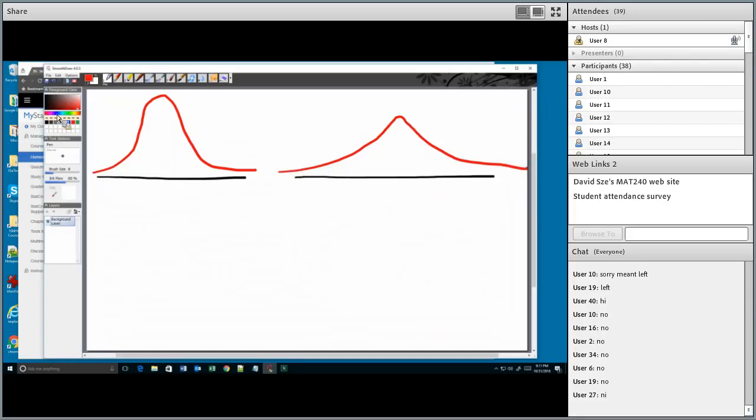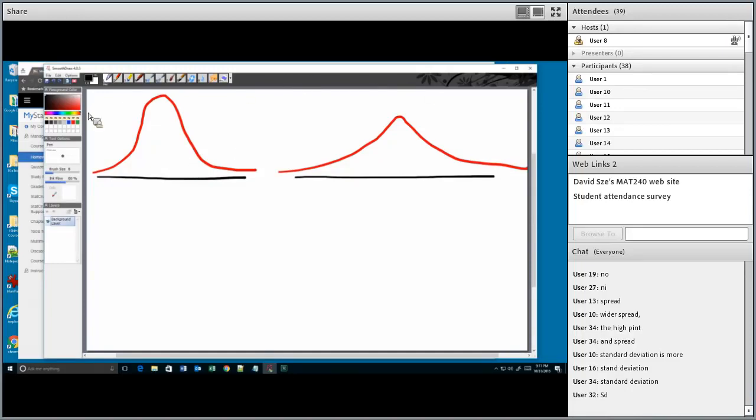This is also a bell-shaped curve. What do you think is the difference between these two? Spread. Yes. This is spread out much more than this. And so what did we study last week that is related to the spread of the distribution? Standard deviation, Brian, very good. Standard deviation is related to the spread. When it's higher, there's more spread. When standard deviation is lower, there's less spread.